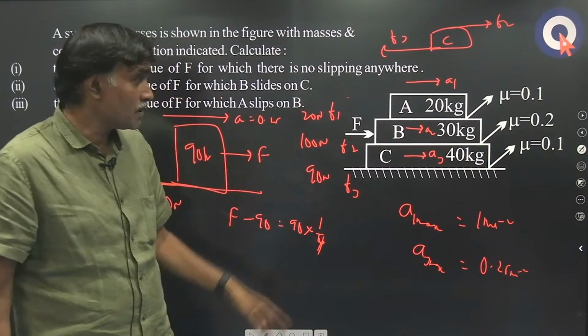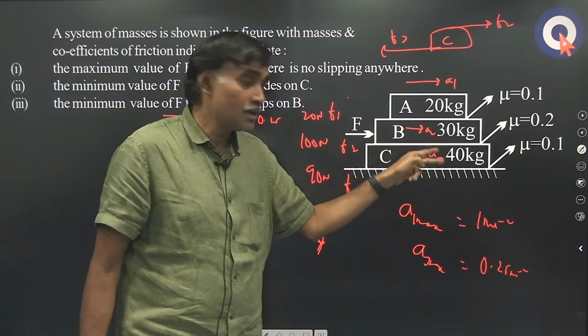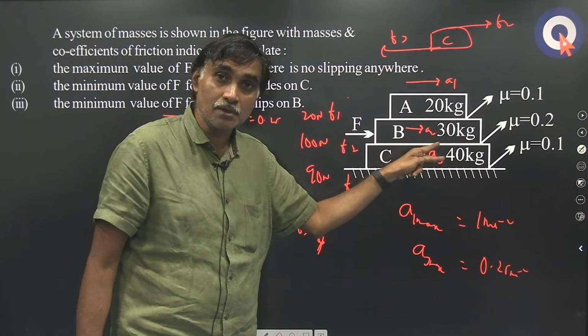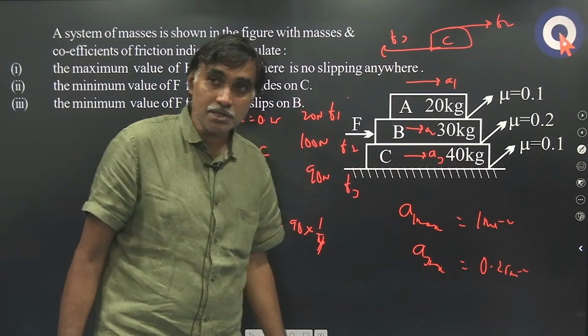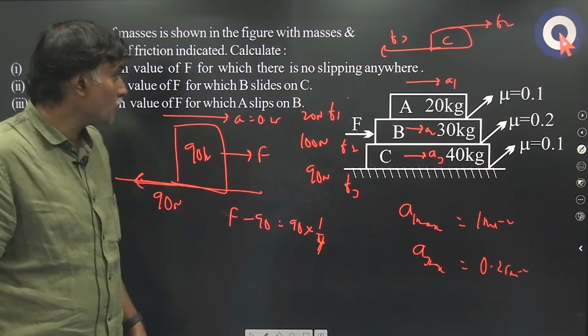So once this force is greater than 112.5, what type of friction acts here? Kinetic friction, which means friction here is constant. So block C will have a constant acceleration. Okay. Now the next bit,